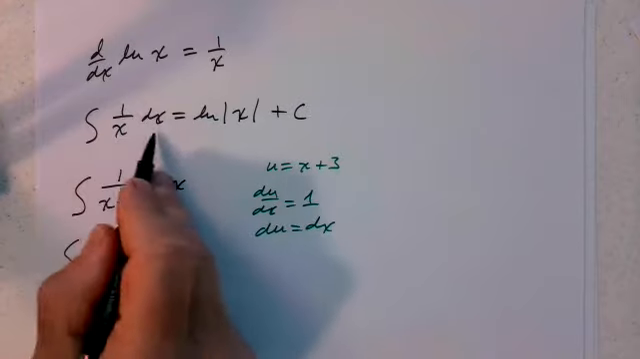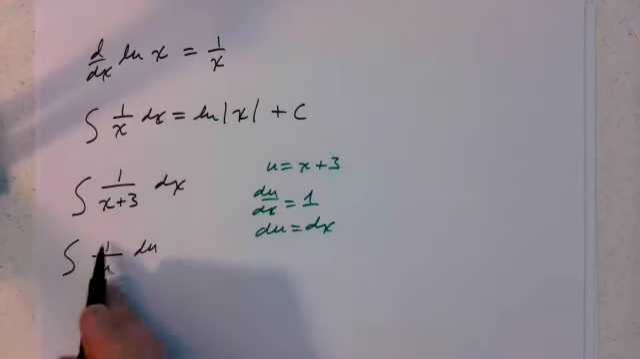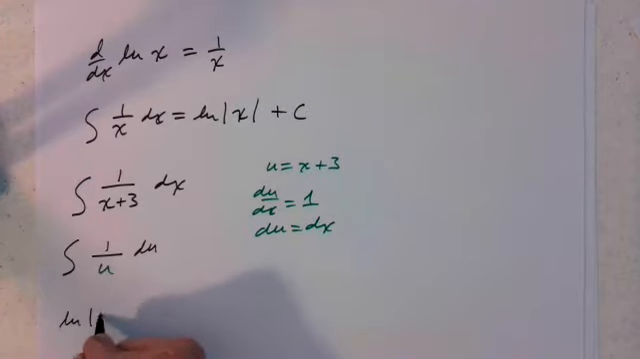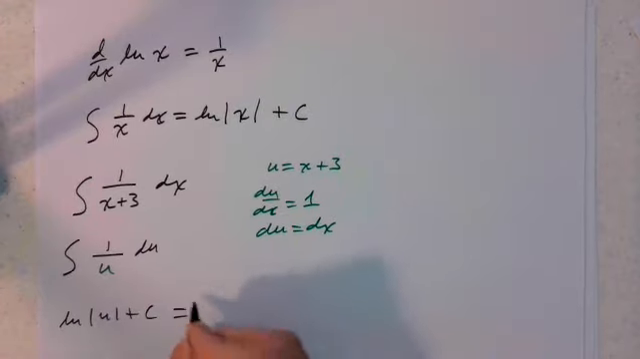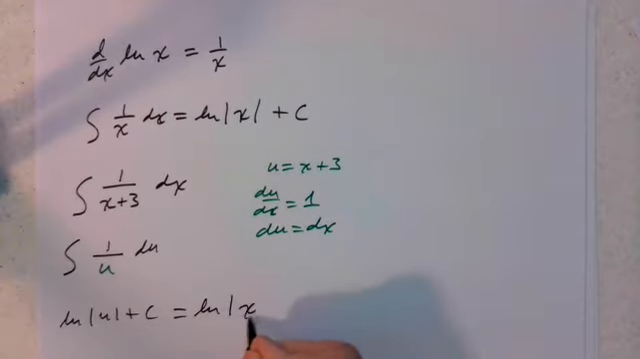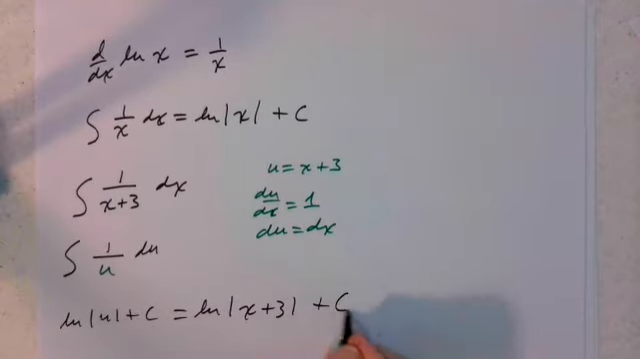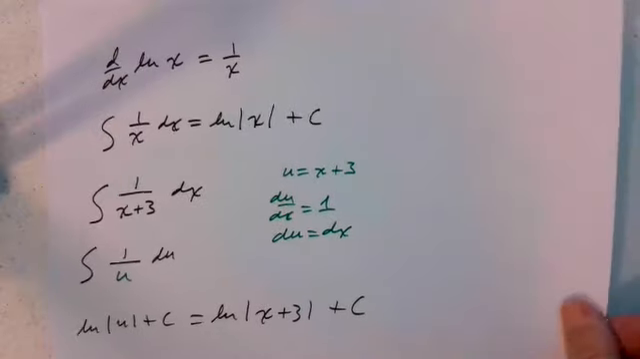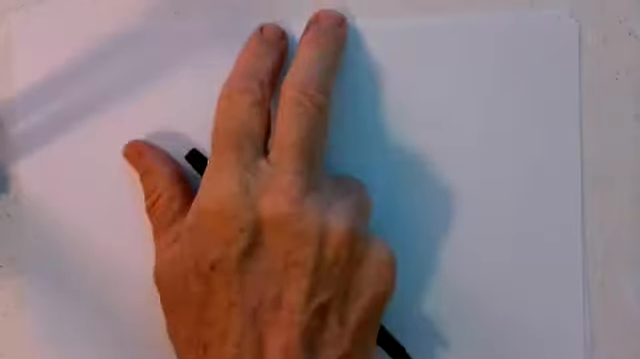So the integral of 1 over x dx is log x plus c, so the integral of 1 over u du is log absolute u plus c, which would be log absolute x plus 3 plus c. So indeed, that's going to be our situation, but you've got to be careful with this. If we have a problem like the following one, if I am looking at the integral of 1 over 3x plus 5,